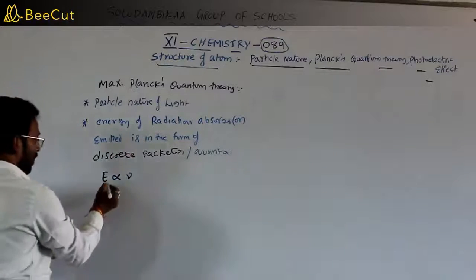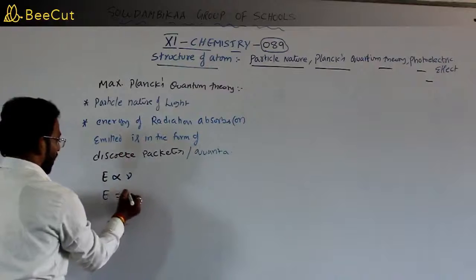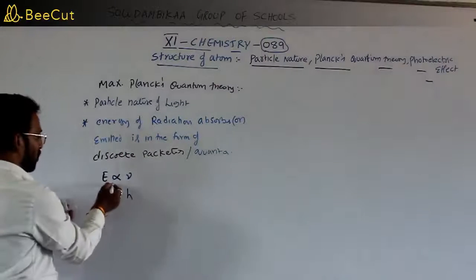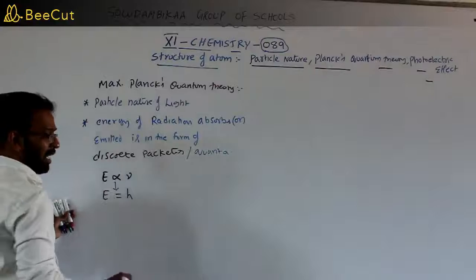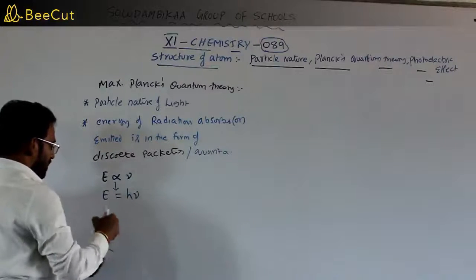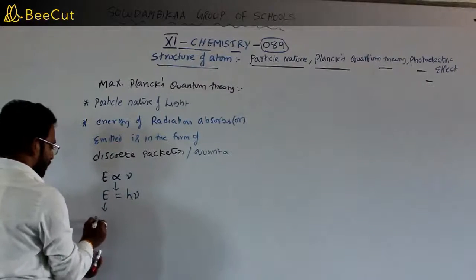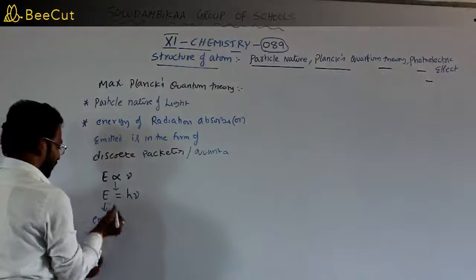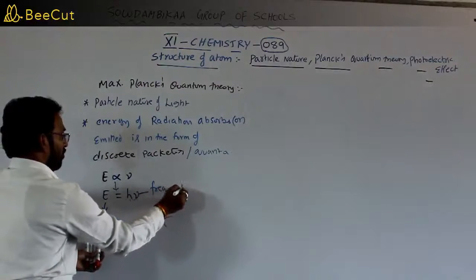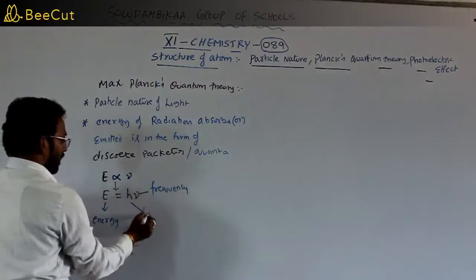Now a proportionality constant is introduced to establish equality: E is equal to h nu. What is E? Energy of radiation. Nu means frequency of radiation, and h means